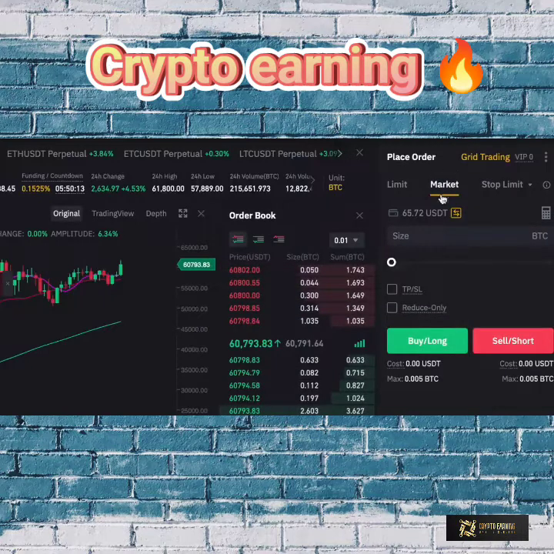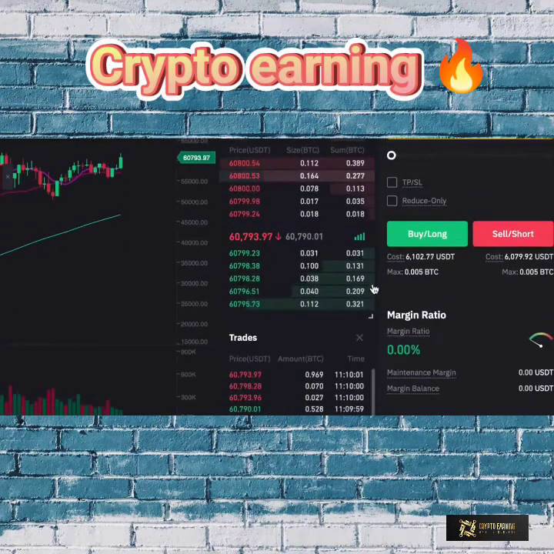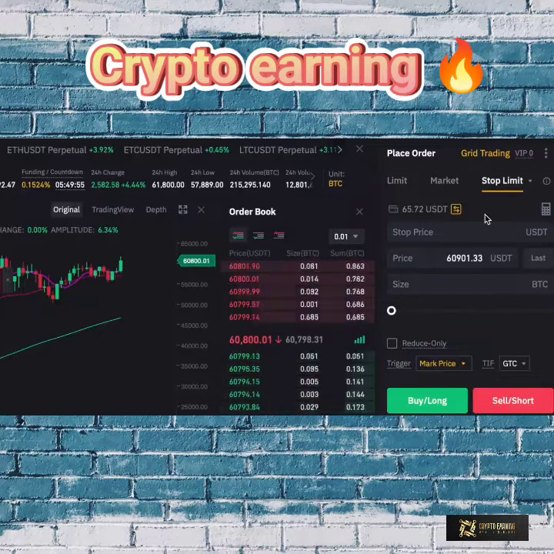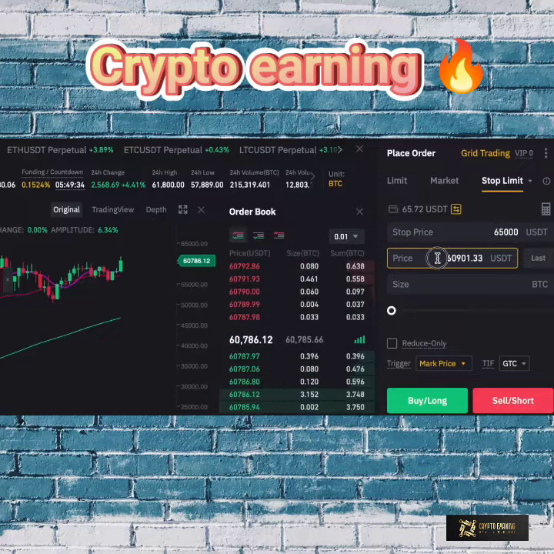Let's say we want to open a market order right now for half a Bitcoin and we're in at 60,000. That order will be down in our open orders and we'll have a long position of half a Bitcoin at 60,000. After we open that position, we can then go through to a stop limit order. And let's say the market goes up. So we bought in at 60,000 and we want to sell out at 65,000. Well, once more, we can put in a stop price of 65,000 and then we can put in a price